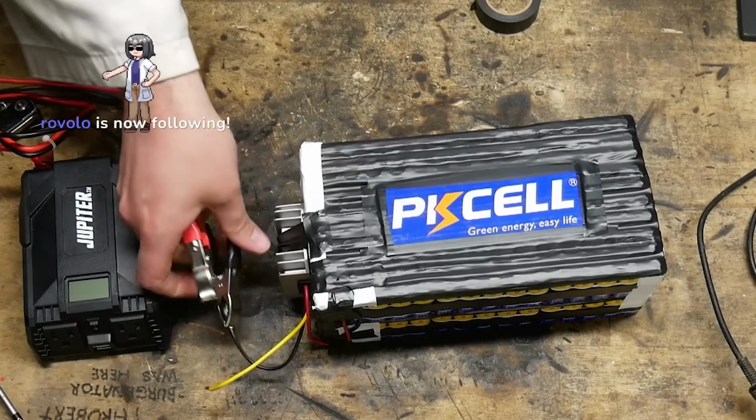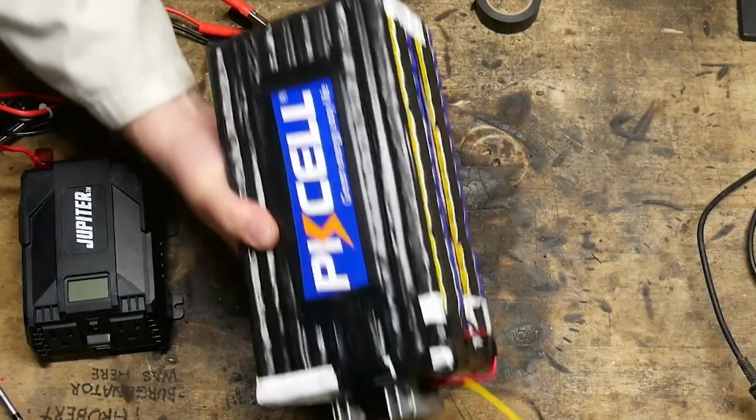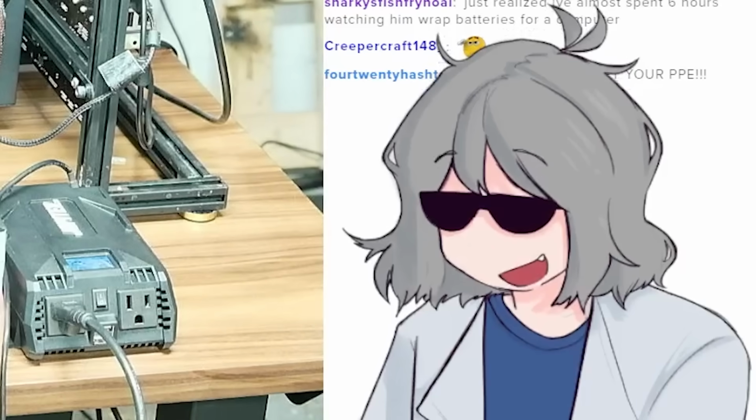We got the mega cell working. Holy shit, it's so heavy. We got the mega cell working. It's time to armor up. Inverter on. 12.3 volts. Power supply on. And finally...